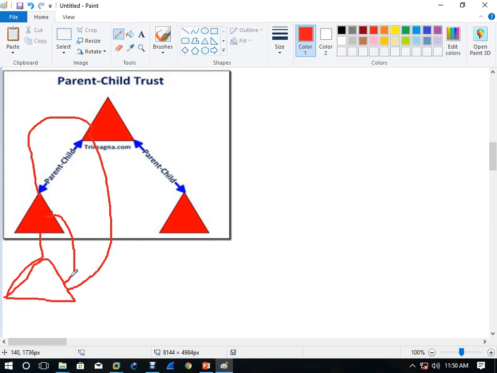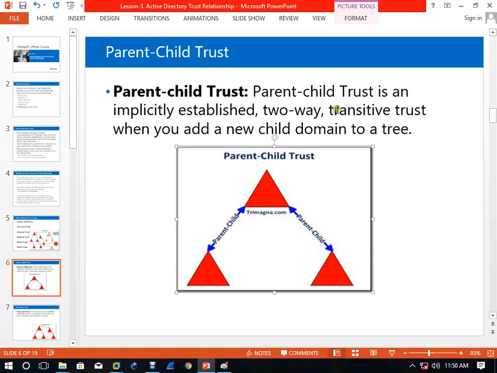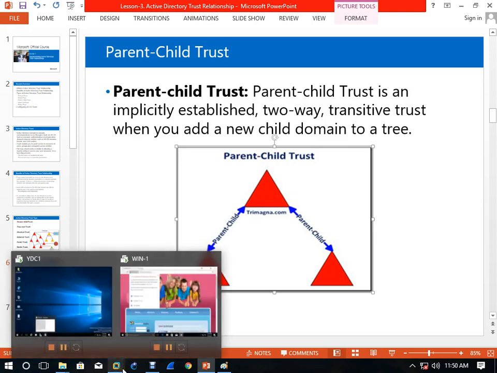It means if I have a trust between you and me, and you have a trust with someone, and the trust type between me and you is transitive trust, then if I make a two-way transitive trust with you, and you have a trust with someone, that person is automatically trusted with me.